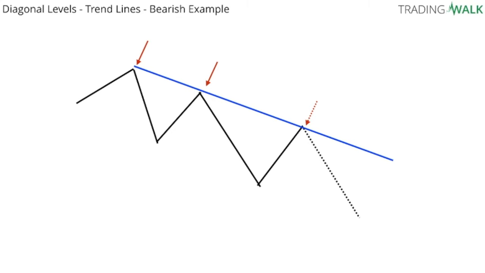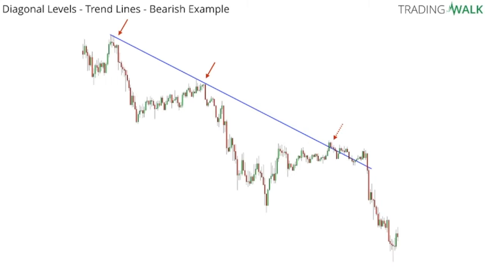If we look at a real short example, we can see that after the first two hits, you want to go short the third time the price comes back to that trend line. And as you can see in this example, it isn't as perfect as the bullish example we had. You can see here that price stays at this level for a long time before we actually get the confirmation